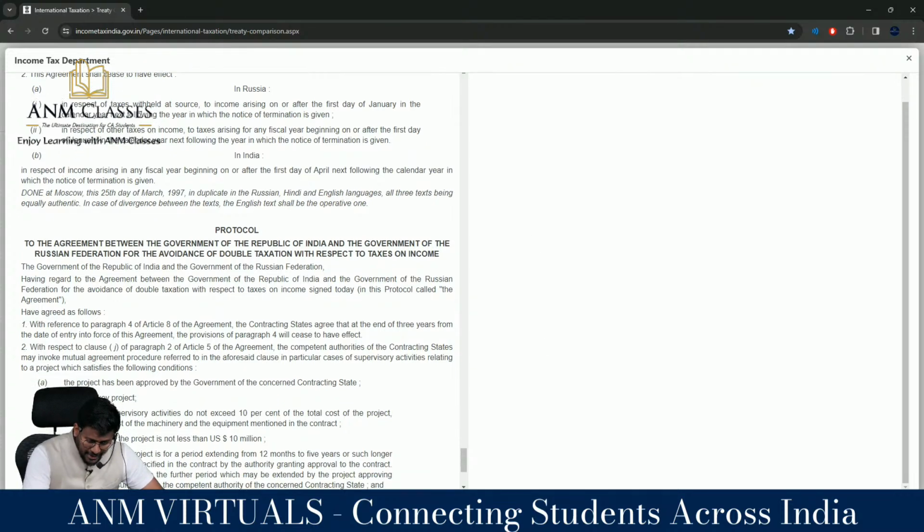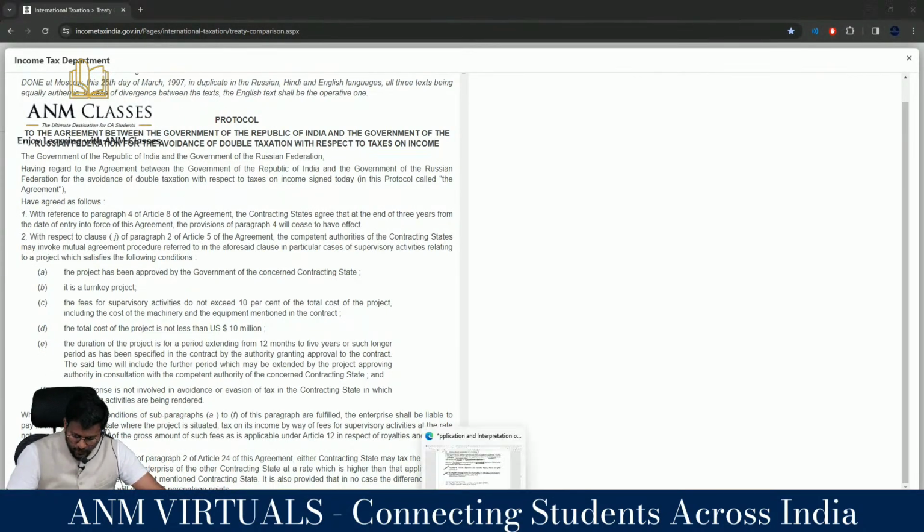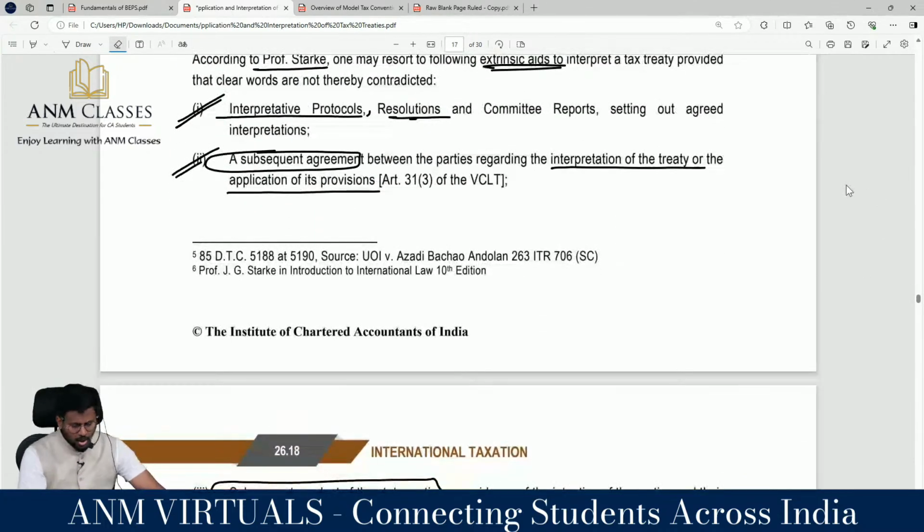So where will the protocol be? It will be in the DTA. We look at that protocol in order to interpret. These are the external aids you can take when you are interpreting tax treaties, right? So interpretative protocols. Did you see the protocols? Or resolutions and committee reports setting out an agreed interpretation, or a subsequent agreement. After entering into the DTA, you are entering into a subsequent agreement between the parties regarding the interpretation of the treaty,